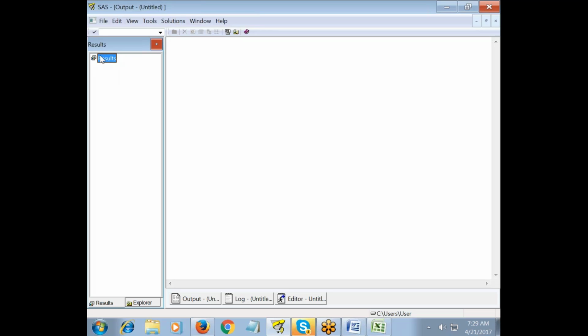Likewise, here your results window will maintain a list of all your results. If I want analysis 1 result, I click on analysis 1 result. The moment I click on it, it will display the related information in the output window. The moment I click on analysis 3 result, it will display the analysis 3 result in the output window. If you want to cross check your results, previously what was the growth value and now what is the growth value, if you want to compare your results with previous results, then your results window will help us.